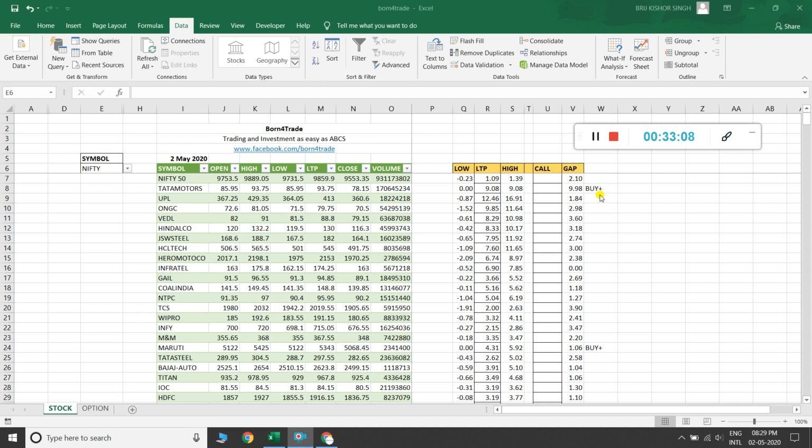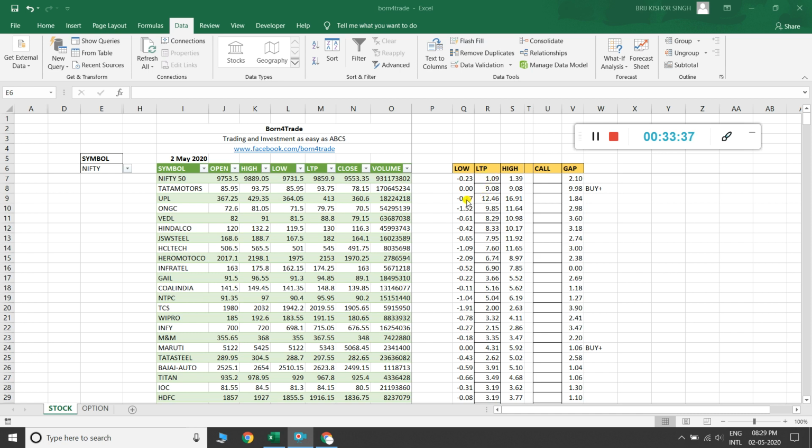Okay, now I'm making an effort at generating a buy signal, same for the sell signal. You can see here it appears as minus 0.23% low and gave a high up to 1.39%, and it is still maintaining 1.09% high.